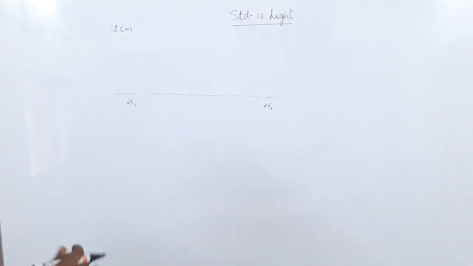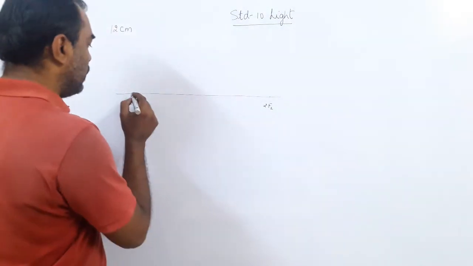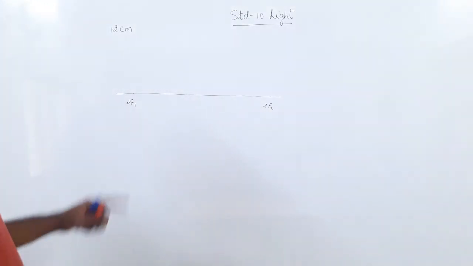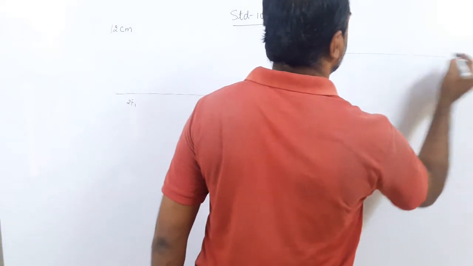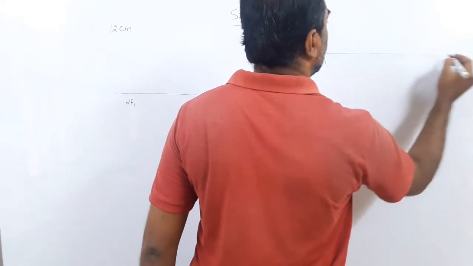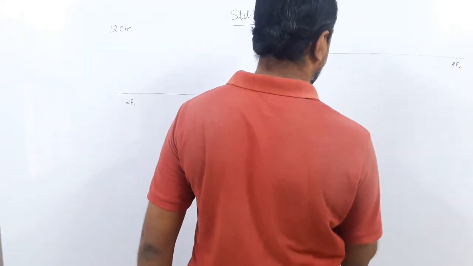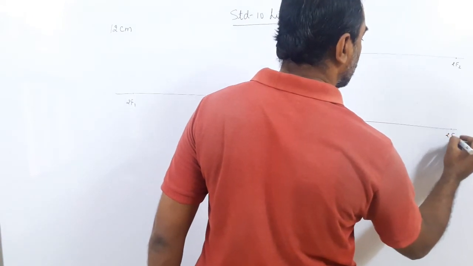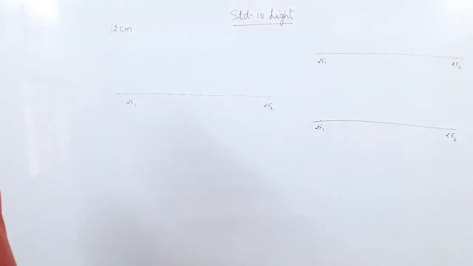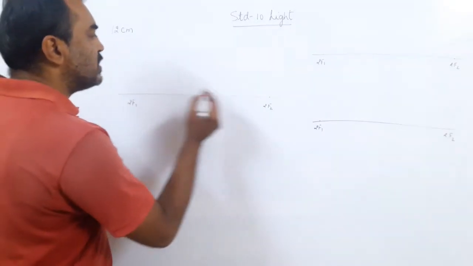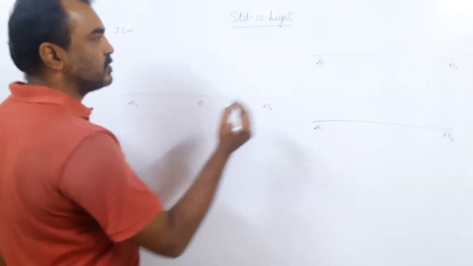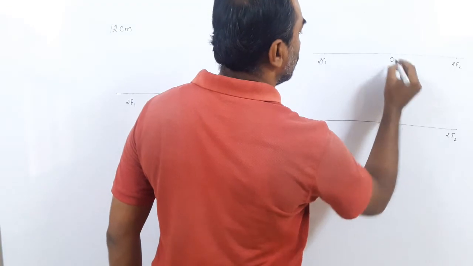I am trying to explain how to draw these diagrams. Draw a straight line, take 2 points on it at a distance of 12 centimeter, call it 2f1 and 2f2. You have to draw 6 such cases, because there are 6 positions, so draw 6 such lines. Now, if the distance between both of them is 12, then the optical center will lie in between them at 6 centimeter. At 6 centimeter, you will draw your optical center.